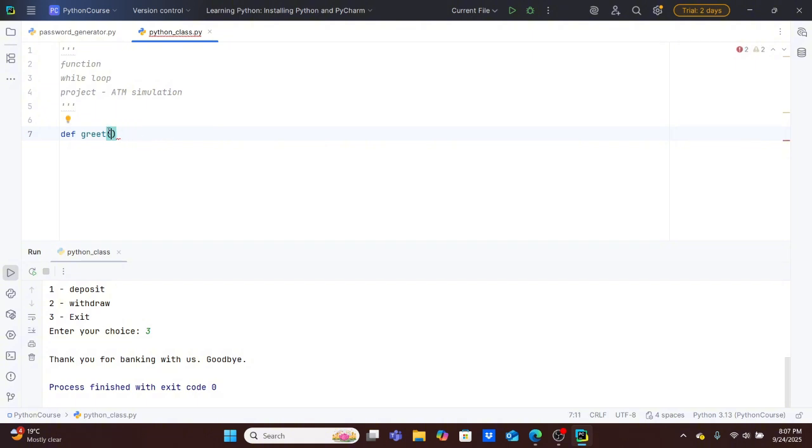Now inside the parentheses you can add what we call parameters. So I can give it a parameter of name because I will need a name, and I can say print hello world in an f-string like this,